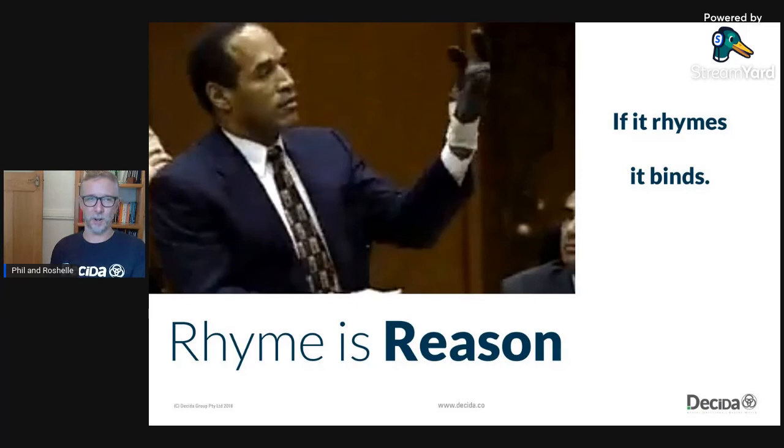One of the greatest cognitive biases that I love is this whole idea that if it rhymes, your brain thinks it's reason. It's because of that speed thing: if it rhymes, you can remember it quicker and it's easier, and things that are quicker and easier feel truer. And this is what happened in the O.J. Simpson case. For those of you who remember, O.J. Simpson killed his wife. Well, he was acquitted, right? And people go, how could you possibly acquit somebody when all the evidence was stacked against O.J.